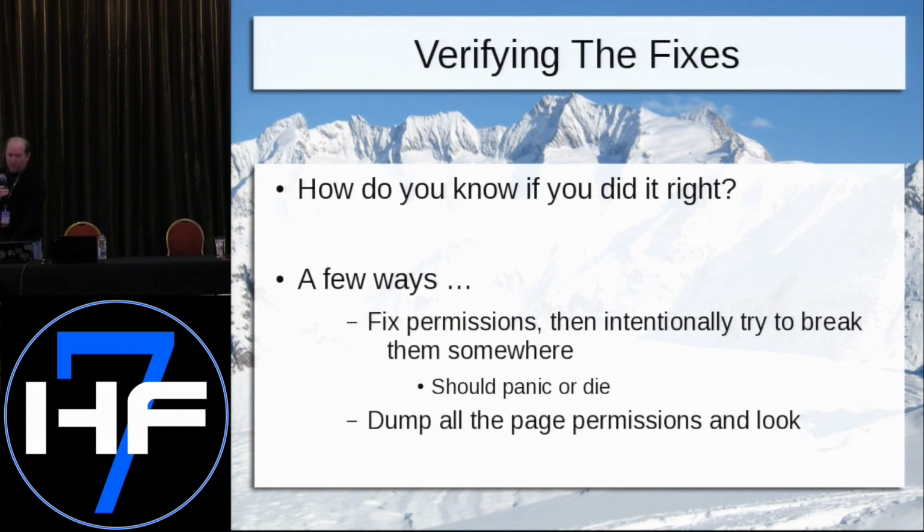So the next logical question will be, how do you know you did it right? I mean, I'm talking about just going in and setting permission bits on regions and saying, ta-da, I'm done. There's a couple of different ways. The first way is fix it and then break it. So for every region that I protected, I made a test that said, attempt to use some permission that region doesn't give you. For example, I made a module in the kernel that, after the kernel code was protected with non-writable permissions, attempted to write on the kernel text. And as expected, we blew up. That's what you're supposed to do.